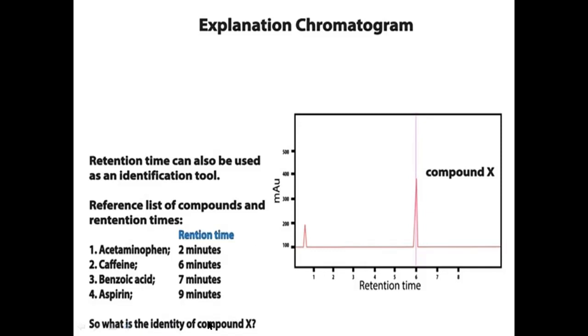So what is the identity of the compound X? Here you can see it is there at the 6 retention time, the 6 peak. So at 6, it is the caffeine. So compound X is nothing but caffeine. Likewise, you can use different tools and different references, because the detector also has a library. In GCMS and in HPLC nowadays, in advanced technology, they have fed data that if a peak comes in this range, it may be this or that. The library will suggest the components, and accordingly you can conclude, right?